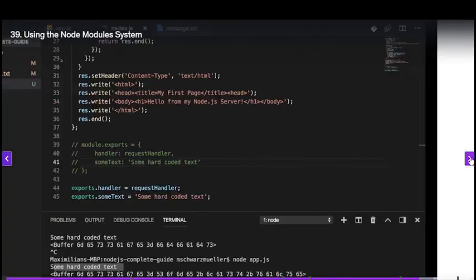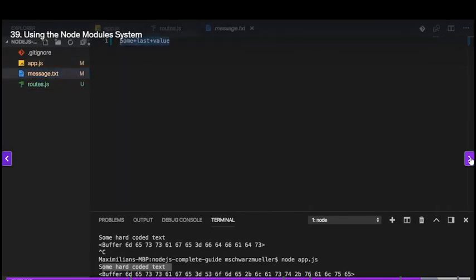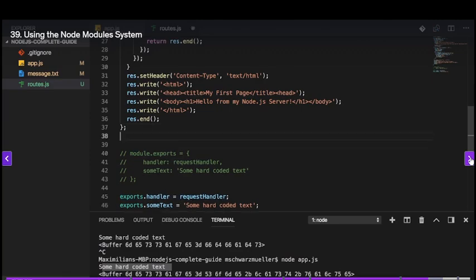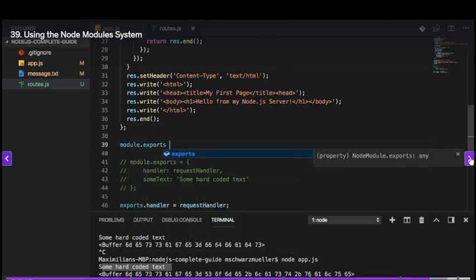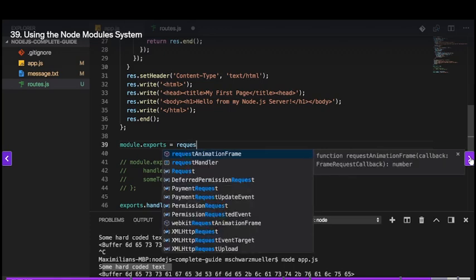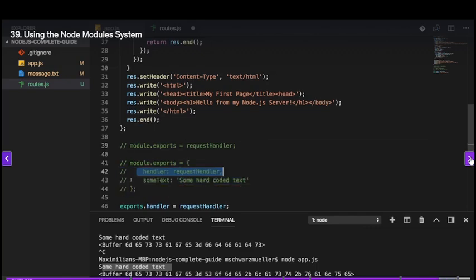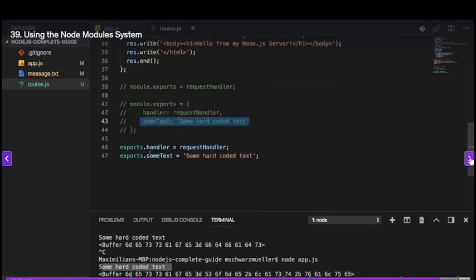Still works and still ends up in message.txt. So this is how we can connect multiple files by exporting either one element, one function as we had it initially with module.exports equals request handler, right? This is what we had initially. Let me comment this out with two slashes in front of it. Or module.exports pointing at an object to combine multiple things, or using